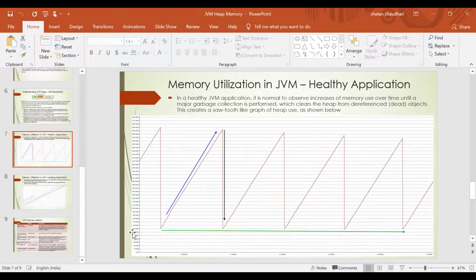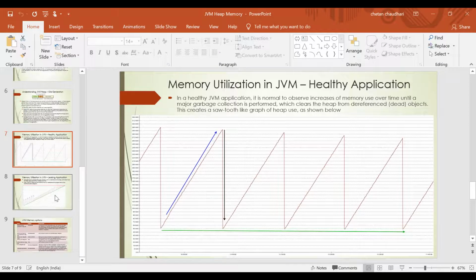What are the number of bytes you collected? You can see that my JVM started here from 32 megabytes, and as the application was running, objects were getting created and it started increasing. It reached some point when the full GC got triggered, then it again came down. That means the GC was able to reclaim all the bytes that had been used. The same happens through consecutive cycles. So this is a healthy application; there is no problem, and this is normal behavior for any application.